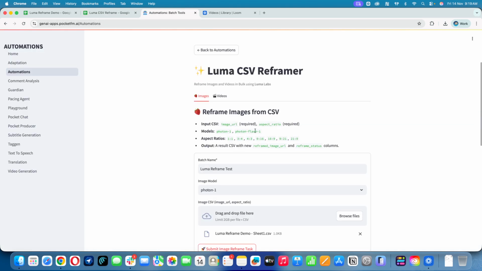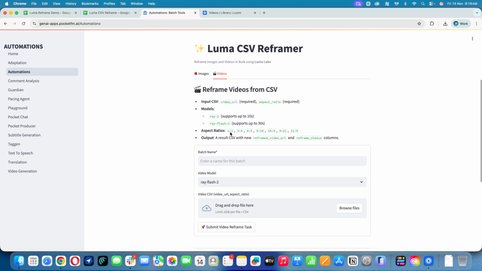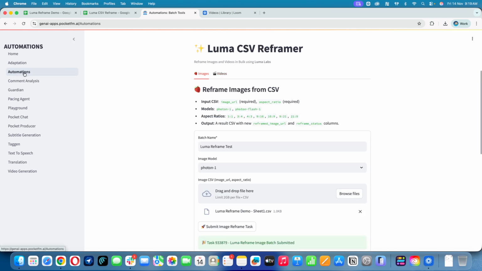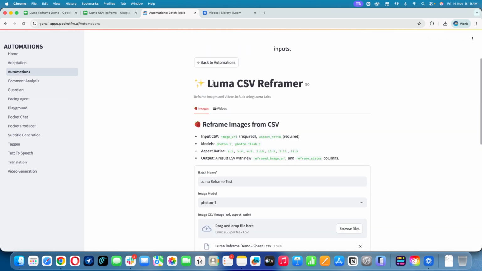One more thing I want to show you in video is all the aspect ratios it supports. So make sure this is case sensitive. So yeah, head over to automations and head over to Luma CSV Reframer